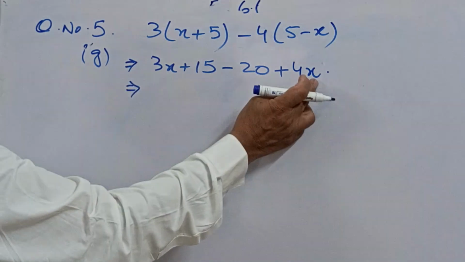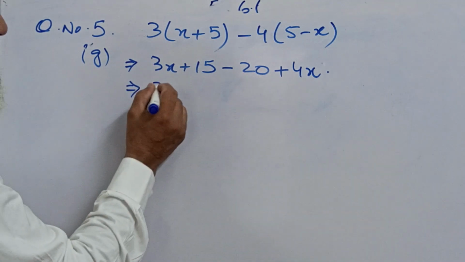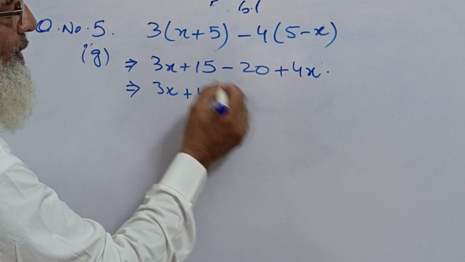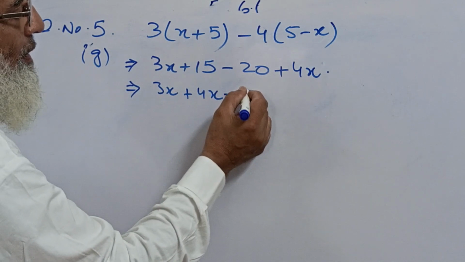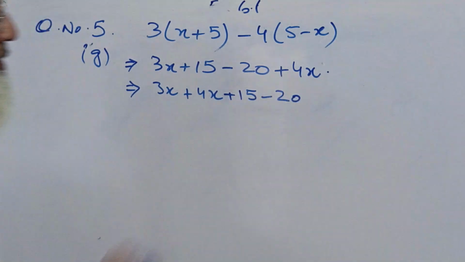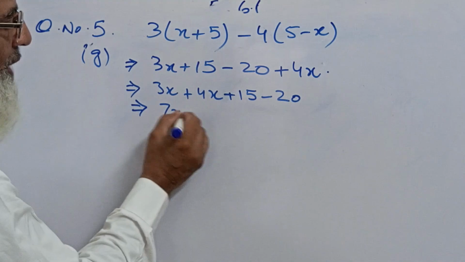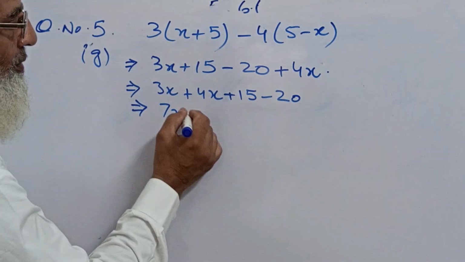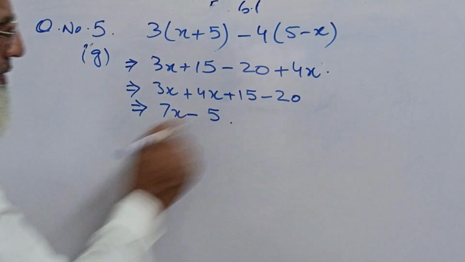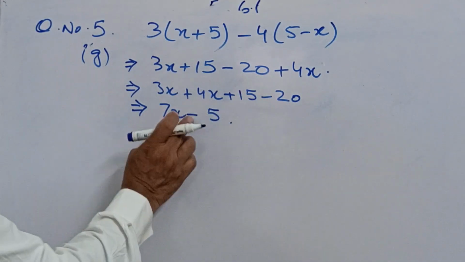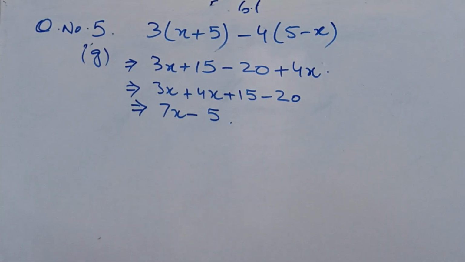Next part. Now bring this over here, 3x plus 4x, and these are already together, so don't worry about this. It becomes 7x, and 15 minus 20 is minus 5. So it is 7x minus 5. So my dear student,